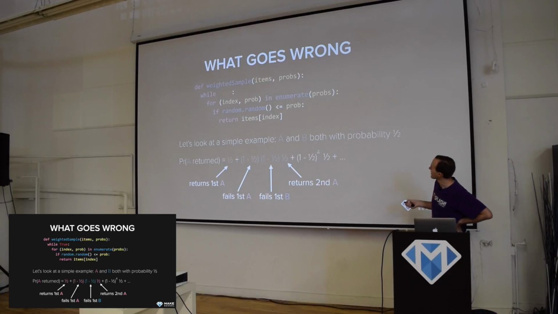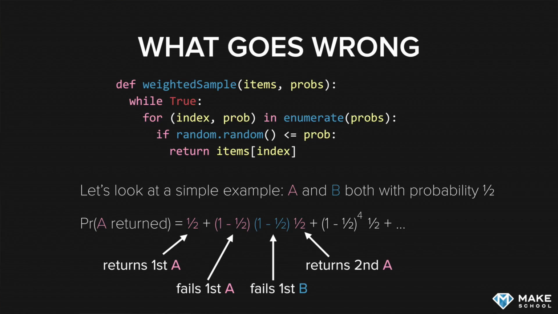So let's do a simpler example. We only have two guys, both with probability 1/2. So the probability that A is returned is 1/2, because you can return the A the first time through the list, plus another term. Let's say you fail the first time. So it's half probability that you return it on this line. The other half, you go on to the second item. So this is this term. Then let's say you go on to the second item,